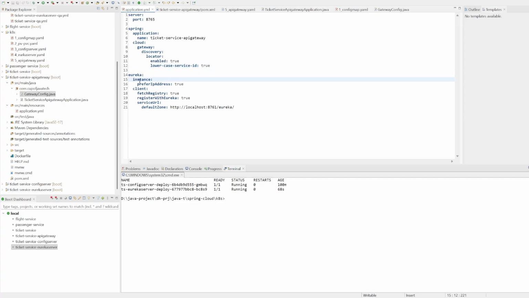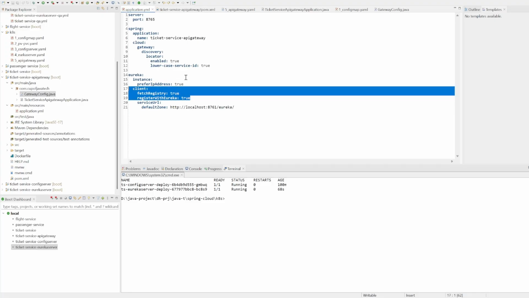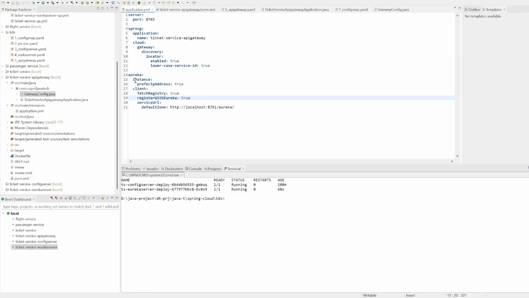Also, in the Eureka instance, prefer IP address is true, and Eureka client fetch registry is true. I want to register this API gateway with Eureka, so I have set that to true, along with the service URL for Eureka. When we are using localhost, we use localhost, but when we are using Kubernetes, we have to use the service name. In this case, the Eureka service name is